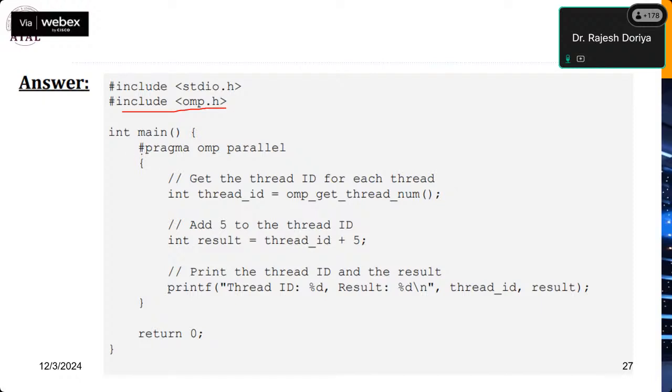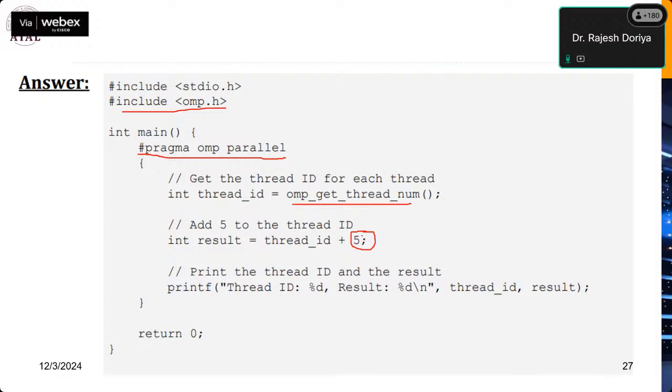Fine. Then we are specifying a parallel region from here. Thereafter, we are getting the thread number and storing it in this integer variable. Thereafter, to this thread ID, we are adding the stated favorite number, that was 5, right? So whatever number of threads are being created, each and every thread is going to execute this set of statements, right? So whichever thread is executing, that thread number is being taken in this integer variable, and then